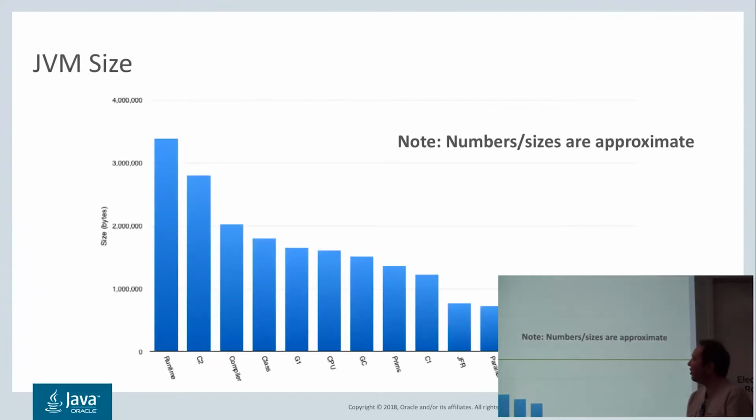So what's inside of the libjvm? This is a bit of voodoo, and don't trust these numbers, they're actually incorrect, but they're still roughly representative. I went in and tried to classify which files belong to which module inside of the JVM, not Java module, but C, C++ internal stuff. So we have runtime, C2, compiler, and so on.